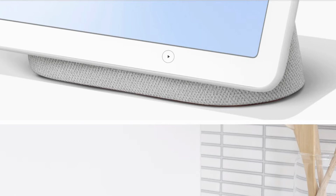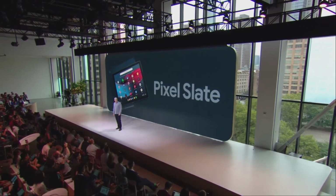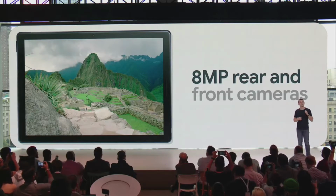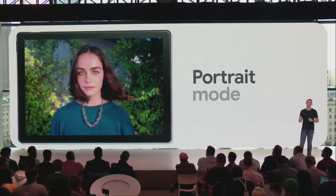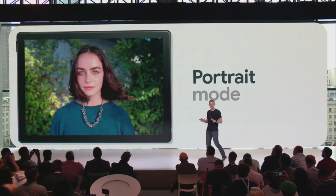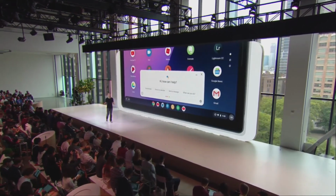The third device on the agenda was a new Pixel Slate, and this is Google's high-end Chrome OS tablet. The first thing that I like is that it has front and rear facing cameras that are using Google's imaging algorithms. Google's algorithms do amazing things on their Pixel phones, so it'll be interesting to see how they work on a tablet/laptop, devices that are known to have bad camera quality. The Pixel Slate also has Google Assistant built in. I'm still disappointed that the Assistant is not available on third-party Chrome OS devices, but it's a big plus for